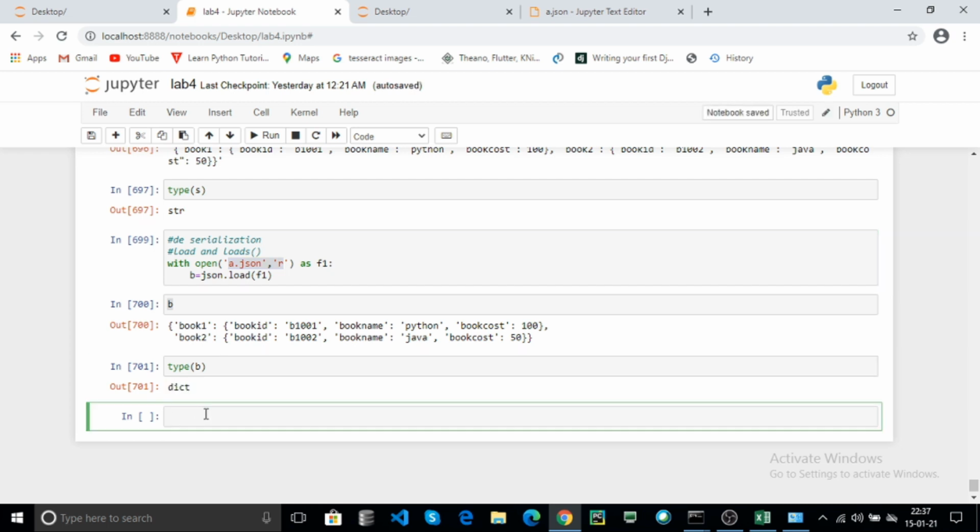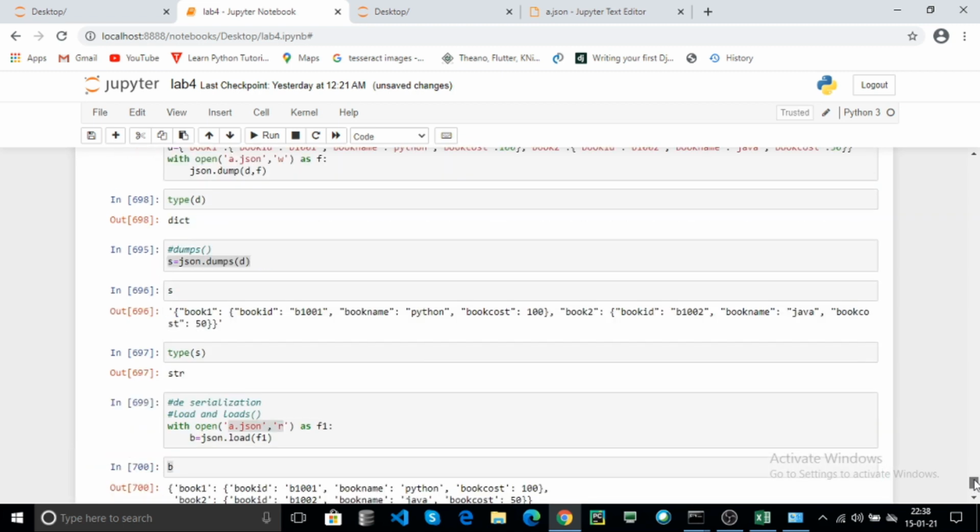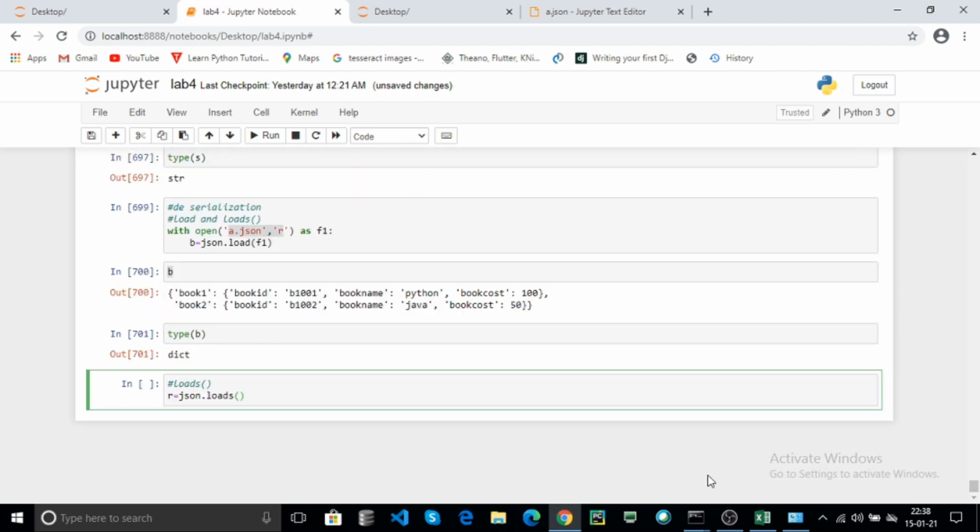Now use the loads method. It works on the prompt. For example, use another variable, for example r. Here is json.loads. Here you can pass your JSON string, that is s.